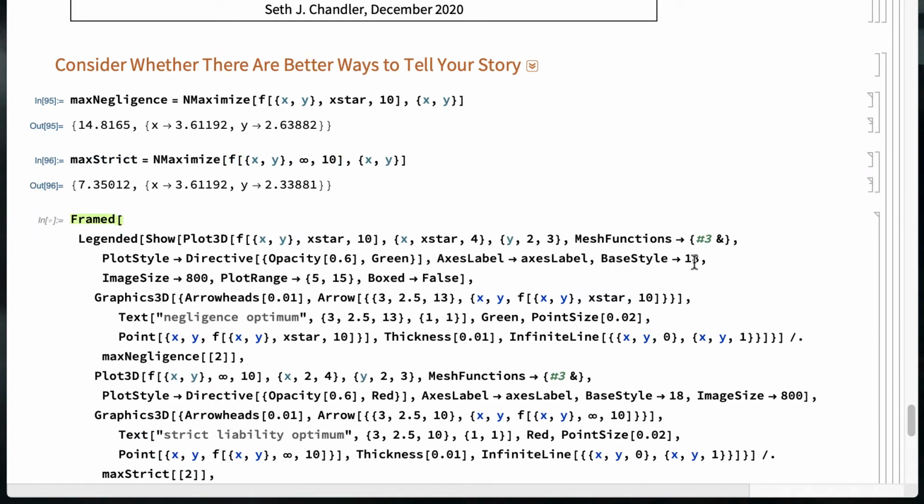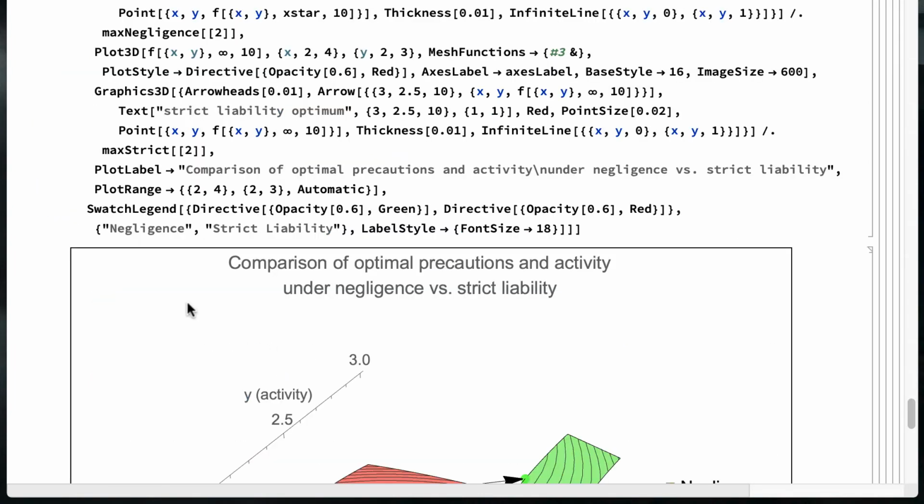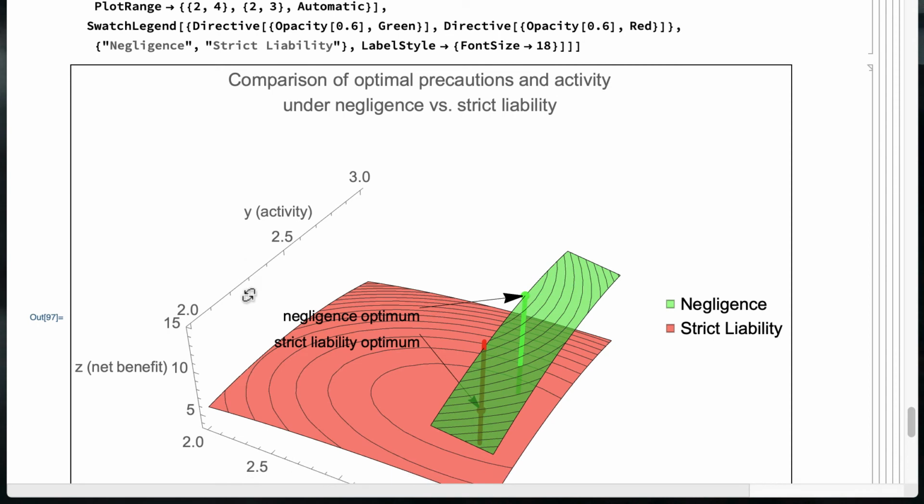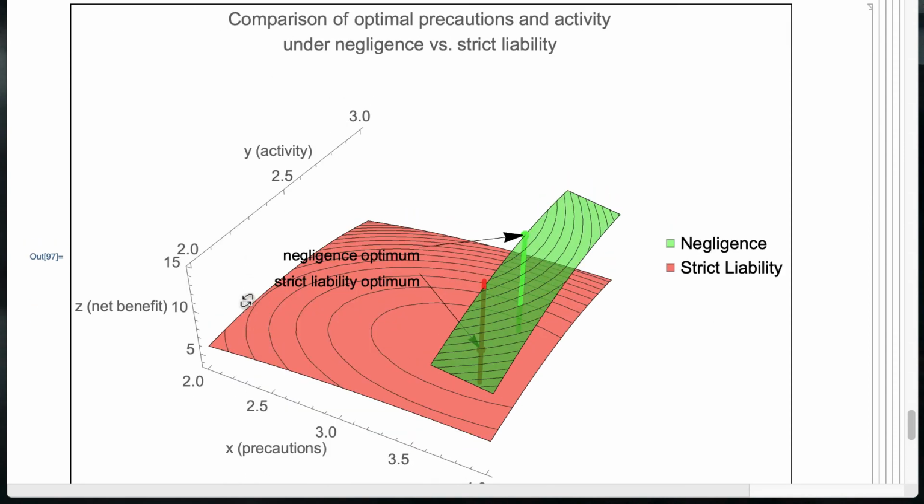And one thing I can tell you is I am going to change this down to 16 and 600. And I'm going to change this one to 16 and 600. And I think that's going to be enough to fix matters. Okay. So, right. This is a better story. Good job, Professor. What I've done in this graphic is to show you